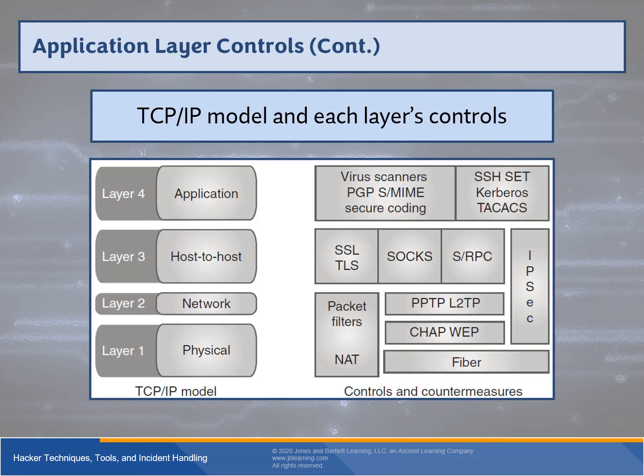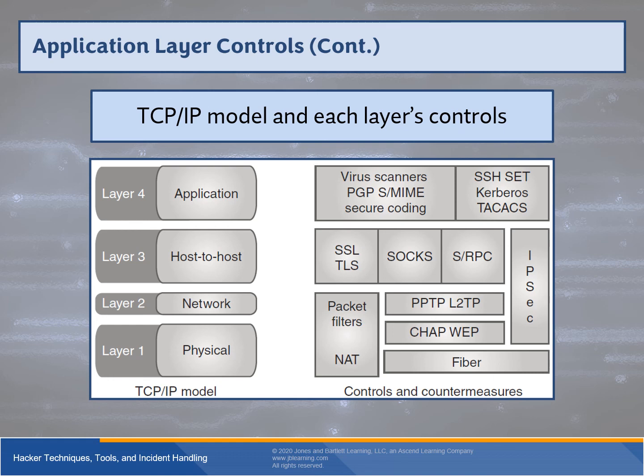Here we have the layout of the controls as it relates to each individual piece of the TCP model. So we can see again with the physical layer, host layer, and application layer that there's some overlap, because again, if we were to granulate this out to OSI, we would see some very different layouts there. We can see IPsec covers pretty much everything from layer 1 to layer 3. We can see that there's authentication stuff in the top right of layer 4, so SSH, Kerberos, TACACS, all of those items